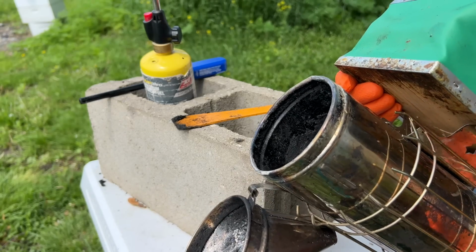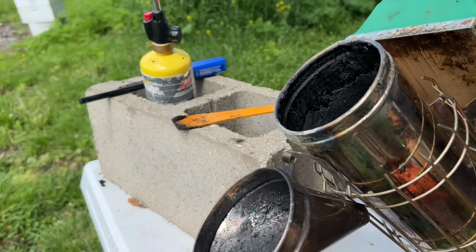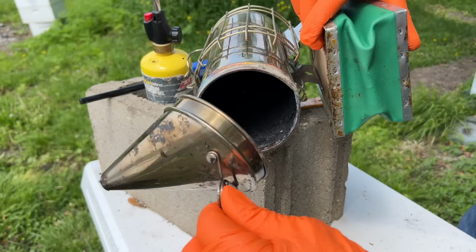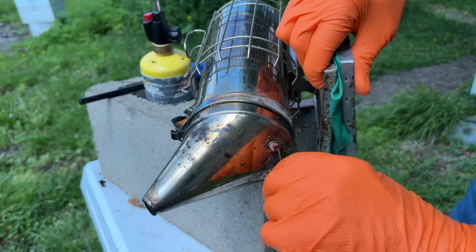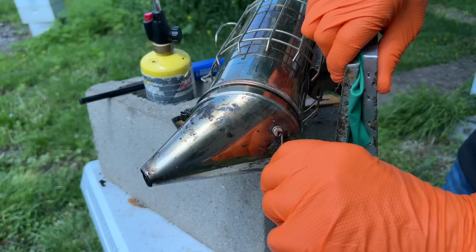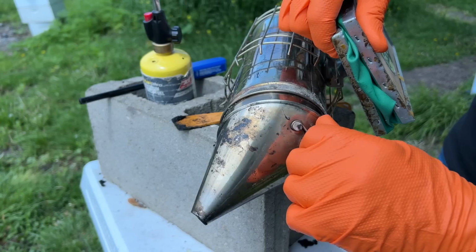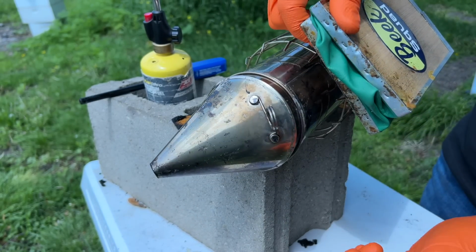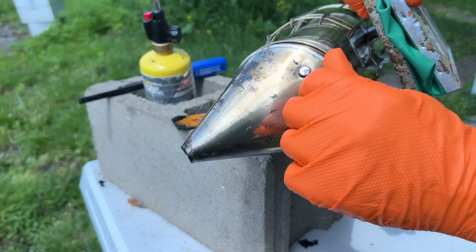All right, once everything is cooled off and you feel comfortable touching the tops here, then you can test it out. And again, what you're wanting to experience is an easy closing and opening of this lid like this. It should be very easy to do. And the more creosote and tar, that excess black stuff, builds up, it's going to make it impossible for you to open this up because usually it's just too